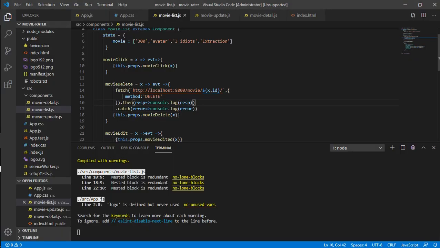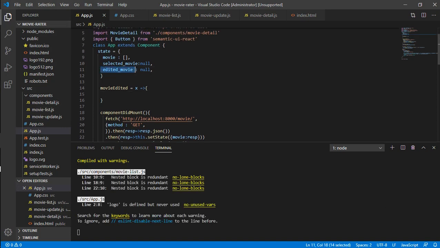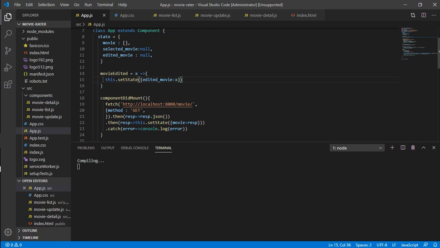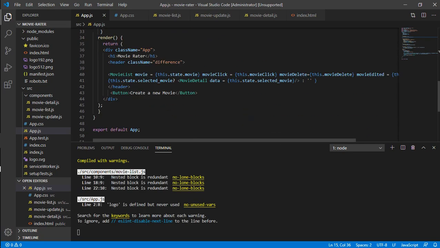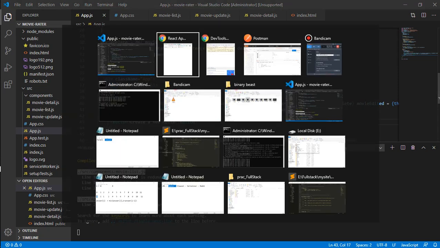So now what we are doing is that in the app.js, when we have movieEdited with x, why not just update this editedMovie which we had initially set to null. So this.setState, editedMovie, and we have to replace this with the x. So now our editedMovie is done, and here what we can do is that when one presses, like in this case,